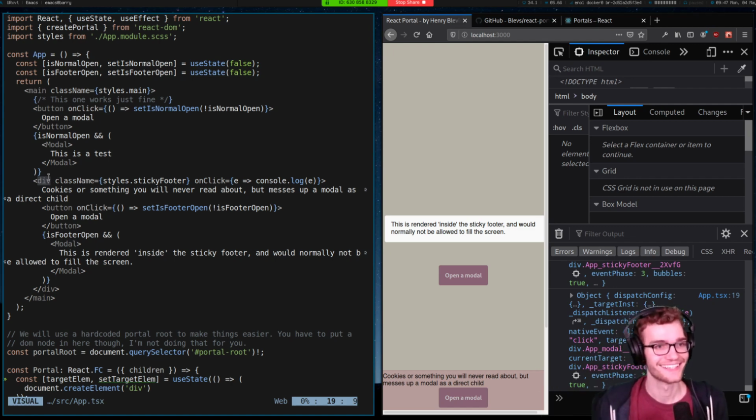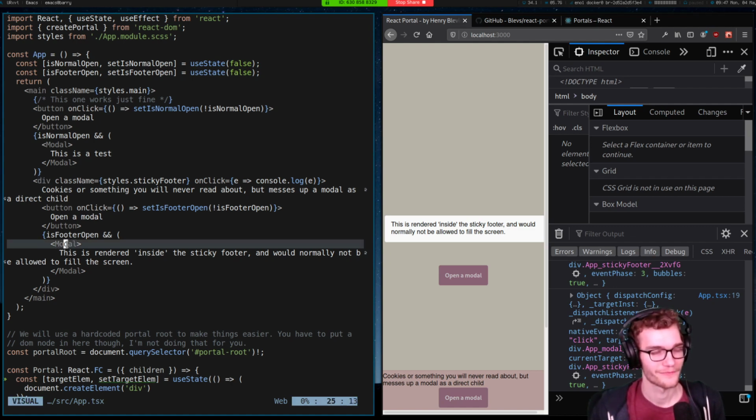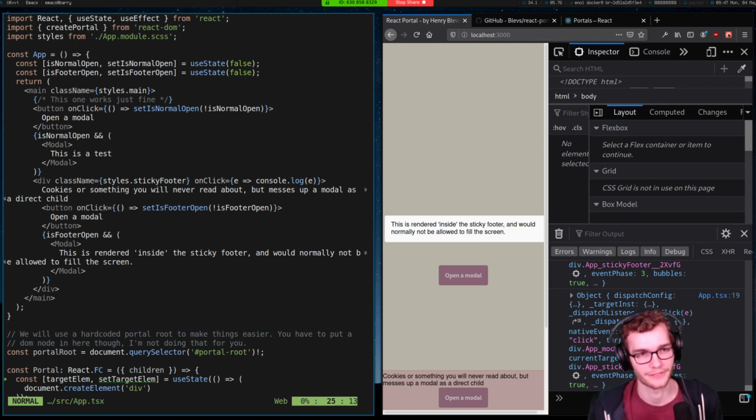Ridiculous, right? This is not as simple as just slapping a div somewhere else. This is React truly being magical. So we can use these portals anywhere we want and not really mess up the developer expectation of how React stuff works and how events work. It just works so transparently, and that is brilliant. And the reason that this works is because React events are not DOM events. The React tree is not the DOM tree, and those events